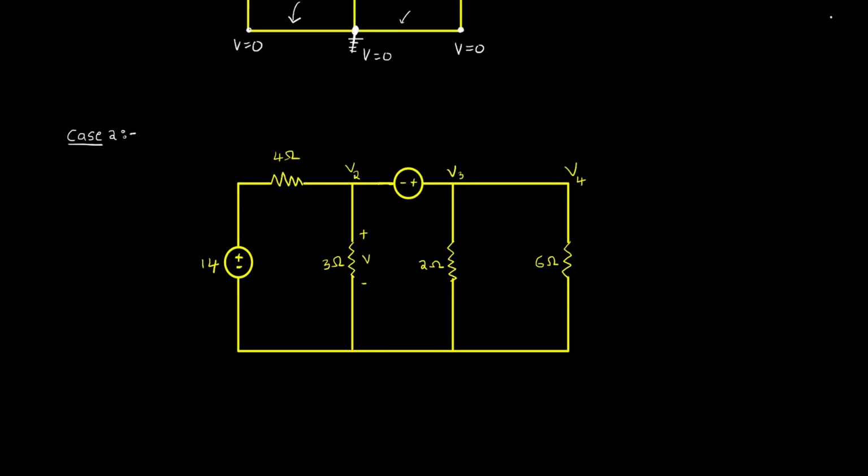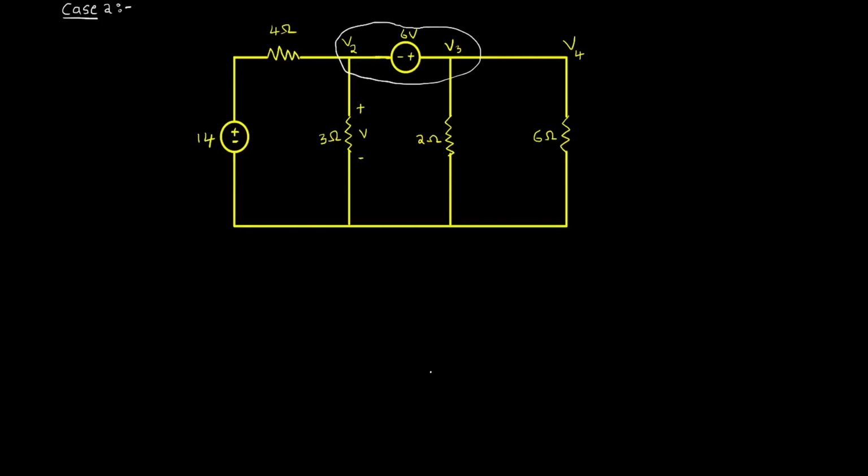In these kinds of situations, we call this whole thing a super node. To solve this super node, we need to know a concept called Kirchhoff's voltage law. So let us define what Kirchhoff's voltage law actually is. Kirchhoff's voltage law is based on the principle of conservation of energy. It states that